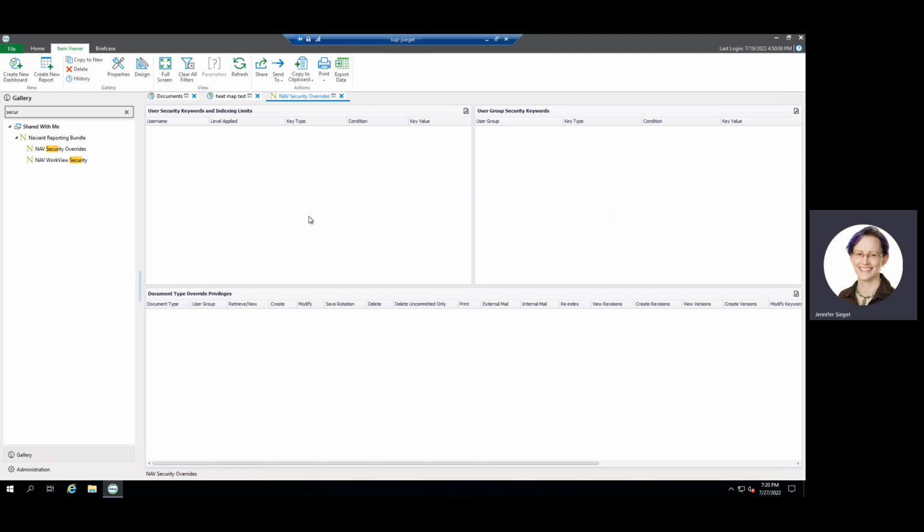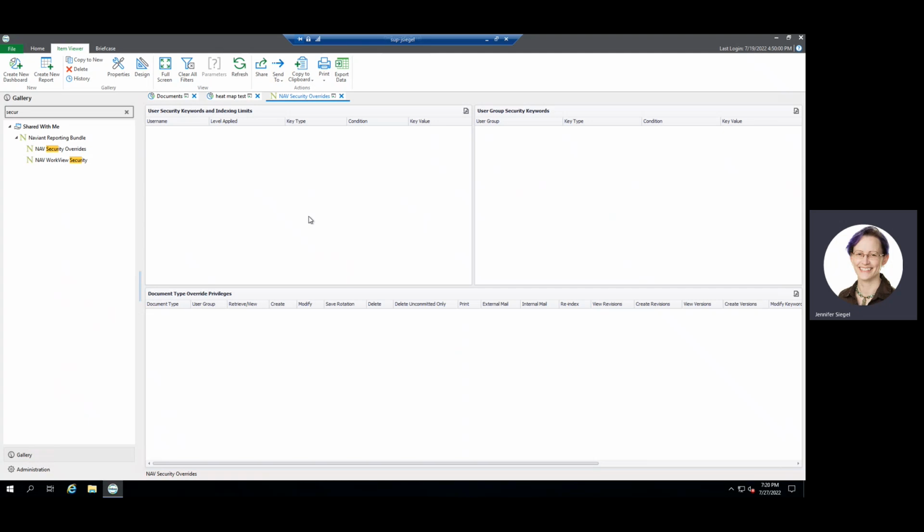So if you're wanting to understand why a user can't see a thing and you think maybe you've got a security override or a security keyword and you're not quite sure where it might be configured, this dashboard pulls all of that information into one place. So rather than hunting and pecking through config, you can just come straight to this dashboard and you can see what all security keywords and overrides you have configured and whether or not that would be impacting the user who's complaining that they can't see a thing.